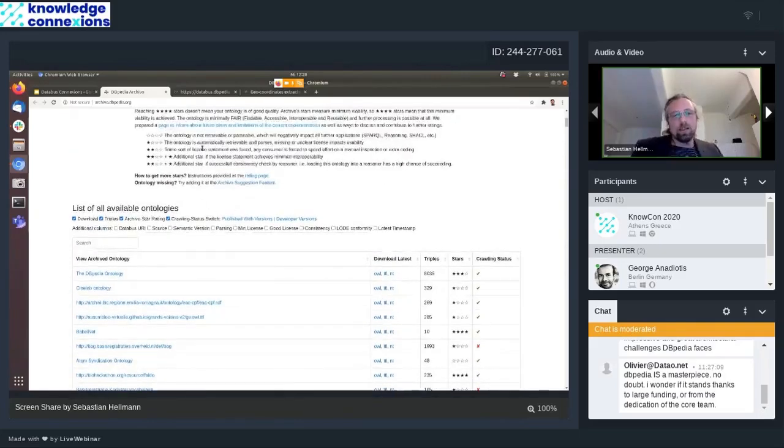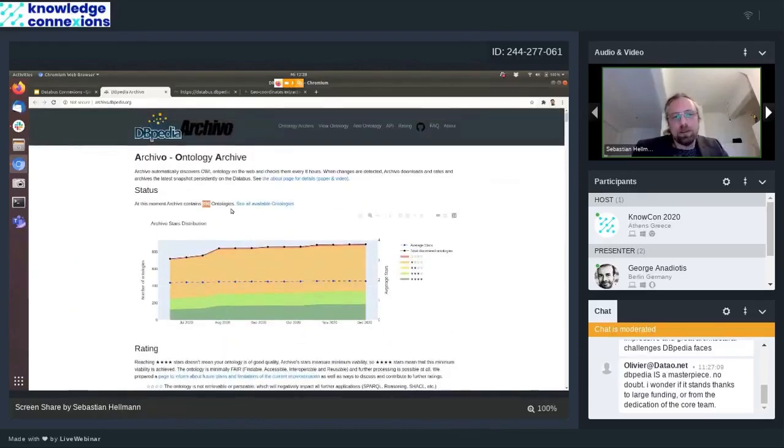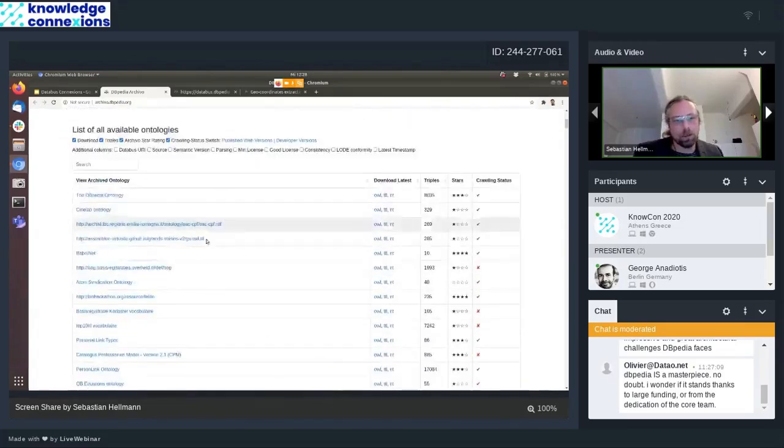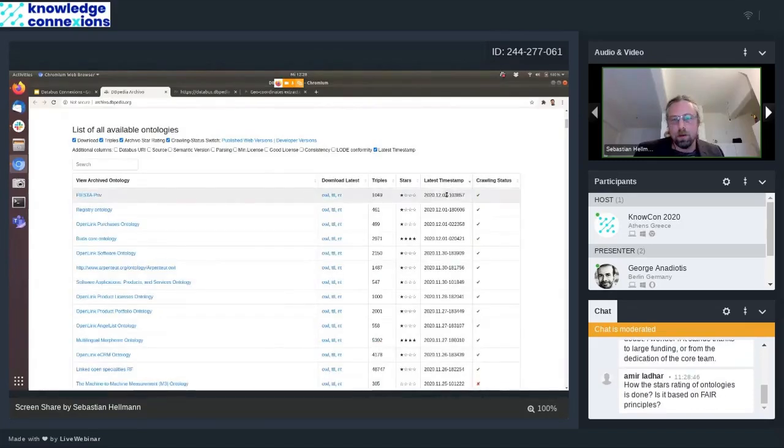What this archival tool basically does is discover and track all ontologies, and every 8 hours it downloads a version of the ontology onto the Databus, which is persistently saved. So this means you can now use the Databus to download the ontologies and the individual versions. So if you click on, let's go for the latest timestamp to see which ontologies have been edited recently. So here, this one,